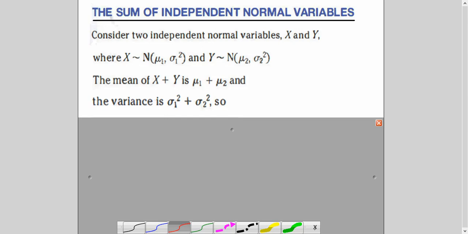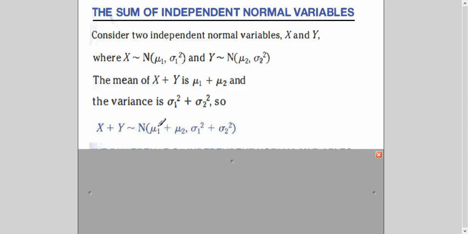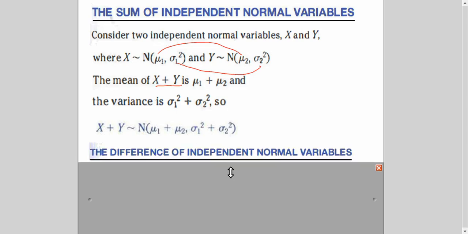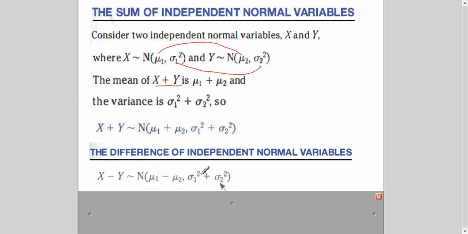Now, in case of difference, what do you do? So your new distribution for the sum will be mu1 plus mu2 and sigma 1 square plus sigma 2 square. So straight away you are just adding up mean and adding up variance for X plus Y, the new variable, which will also be normal. In case of difference, where the demand of the question is such that you have to subtract the two normal random variables, with mean you subtract, but with variance you still add. Now this is something important. Please remember, when you are subtracting two independent normal variables, to find out the new distribution, mean will be subtracted, but variance will be added.